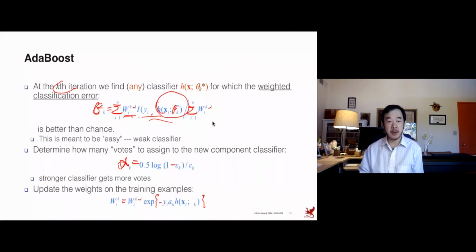Sometimes it's also known as the cross entropy. And then you are going to update your weights. And this weight update is also very straightforward. You have the old weights multiplied by an exponentiated loss